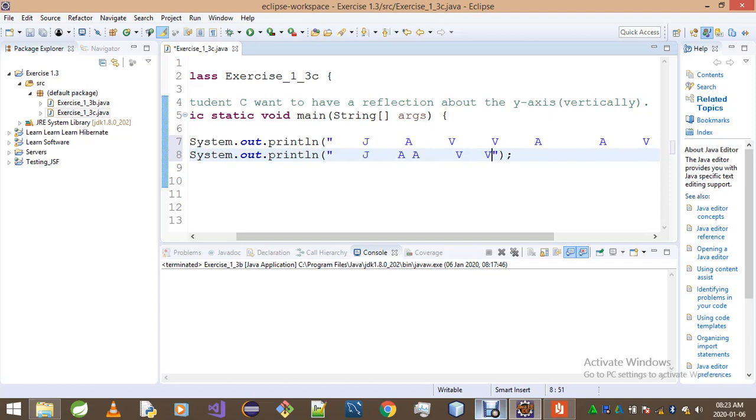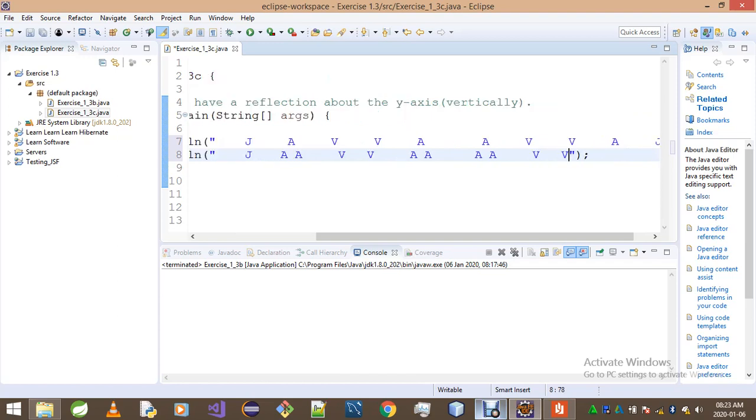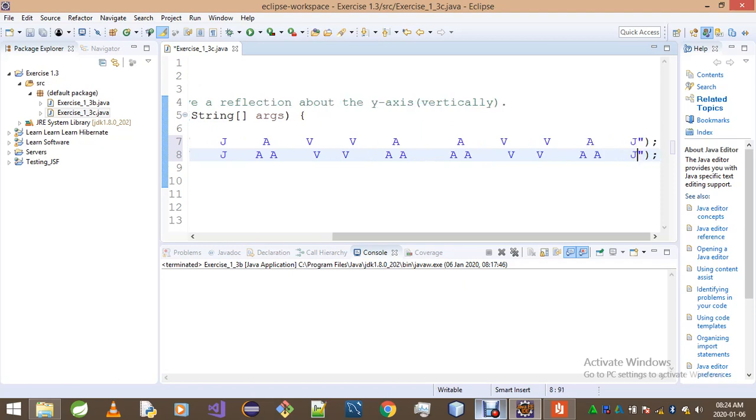and then we go 5 spaces, and then A, 1 2 3 4 5 A, and then 1 space and another A, and we go 6 spaces, and then A, 1 2 3 4 5 6, and then A, we go 1 space, and then A, 1 space, and then A, we go 5 spaces, and then V, 1 2 3 4 5, and then V, we then go 3 spaces, and then V, 1 2 3 V, we then go 5 spaces, and then A, 1 2 3 4 5 A, again we go 1 space, and then A, 1 space, and then A, we go 4 spaces, and then J, 1 2 3 4, then we have J,